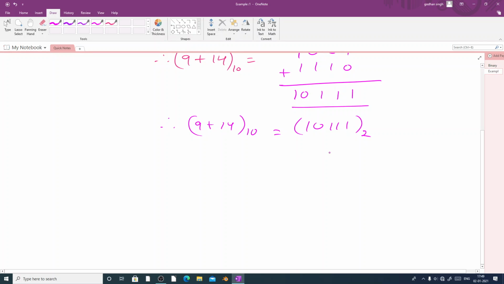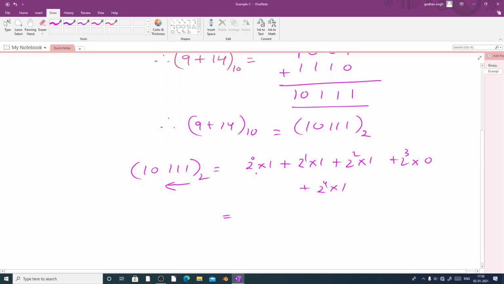23. So let us convert this binary number into a decimal number. So 10111 base is 2. Now we'll convert this into decimal number. Just mark the arrow towards the left. The first digit will multiply 2 raised to 0. So 2 raised to 0 into 1 plus next one is 2 raised to 1 into 1 plus then same way 2 raised to 2 into 1. Every time we'll increase the power of 2, plus 2 cube into 0, and the last one plus 2 raised to 4 into 1.